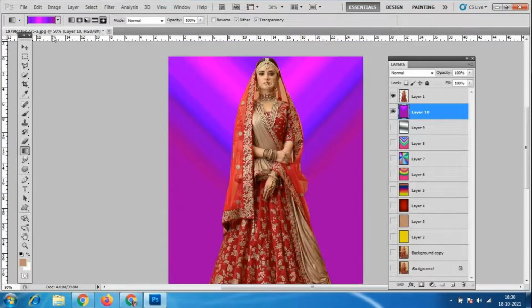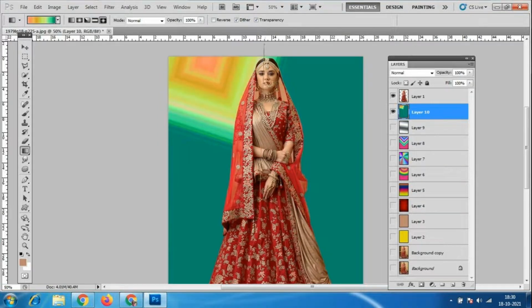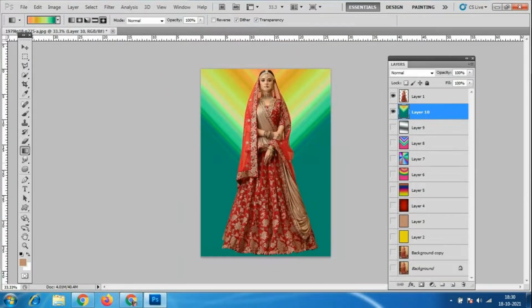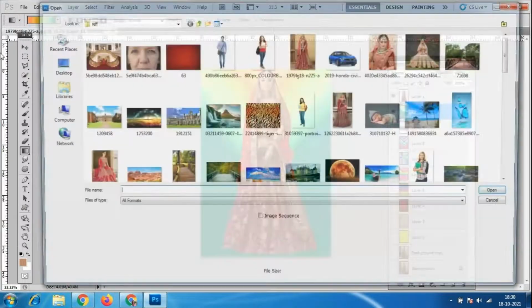So in this we have different colors over here. We have bright colors. So like this. Okay, so you have to match. I am showing with only one girl. Okay, please, so you can select different backgrounds like this.